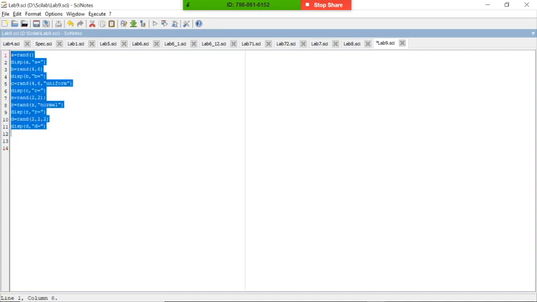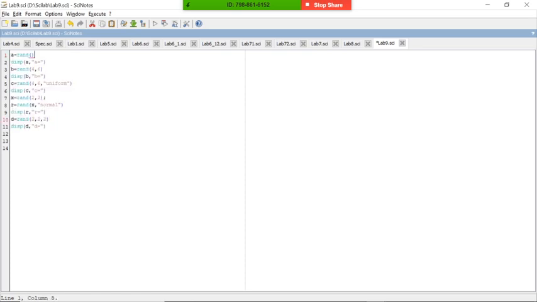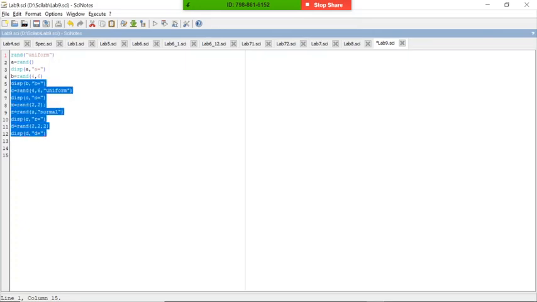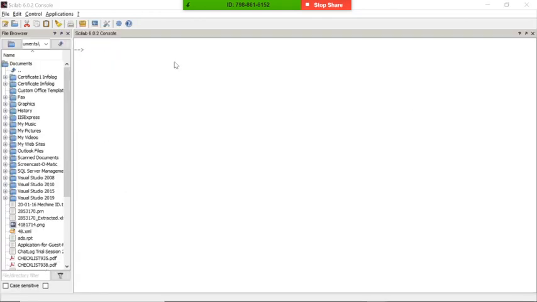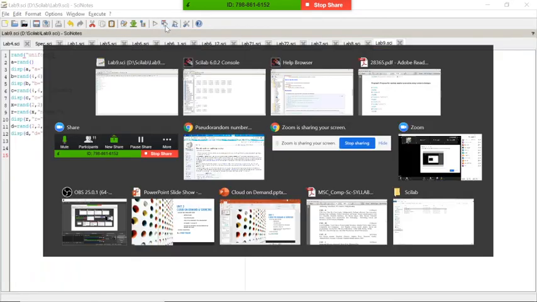Sometimes you can put rand uniform or rand normal also. We will check both with this example. Before that, I would like to clear this screen so we will get the complete output itself.